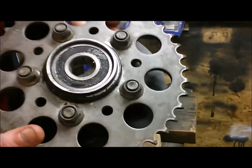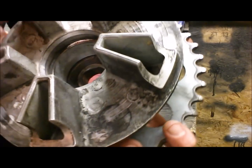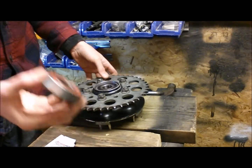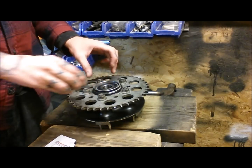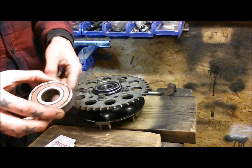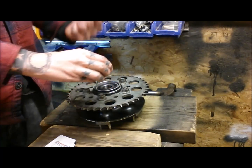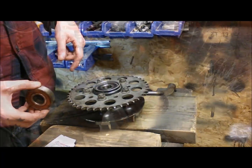Right, I'm at this stage now, and the bearing's seated in and down, but can you see in there? We're not quite at that shoulder yet. Now, if I keep tapping that in, there's a chance that this bearing's then going to get wedged in there as well. So all I'm going to do is just get the angle grinder out. I'm just going to cut a notch in this, and then that will still act as my hitting surface, but it should mean it's easier for me to pop this out once that's seated all the way